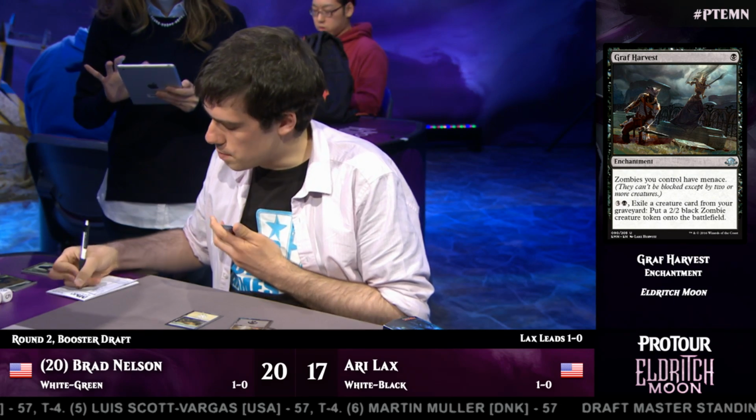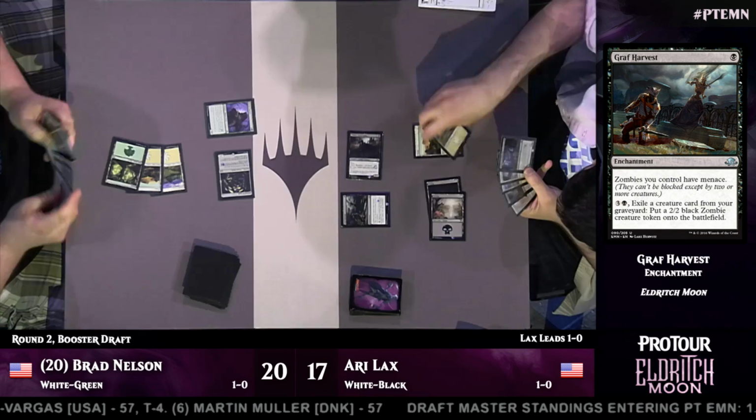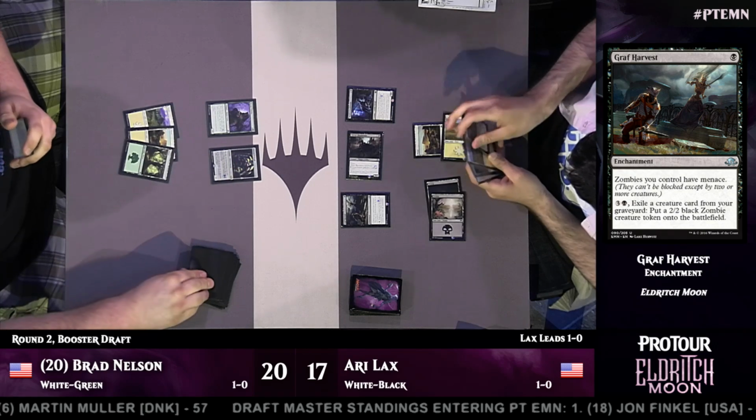By the way, we do have an update on that one. Olivier Ruel did win that game. It looked like he was going to. Okay. Which gives him the match then. Savage Alliance is a card. Like, it wasn't over, but...